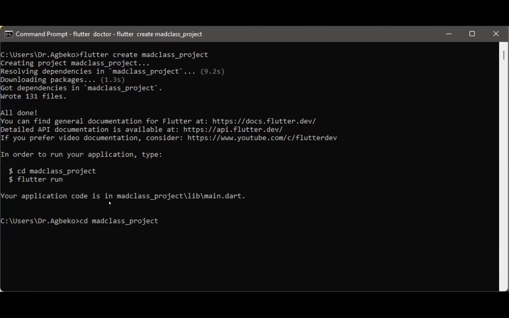So you change directory into the project so that you see that I am now in the project directory. So you see Dr. Agbeko / mad_class_project. And then you run this command, flutter run. And then you enter.